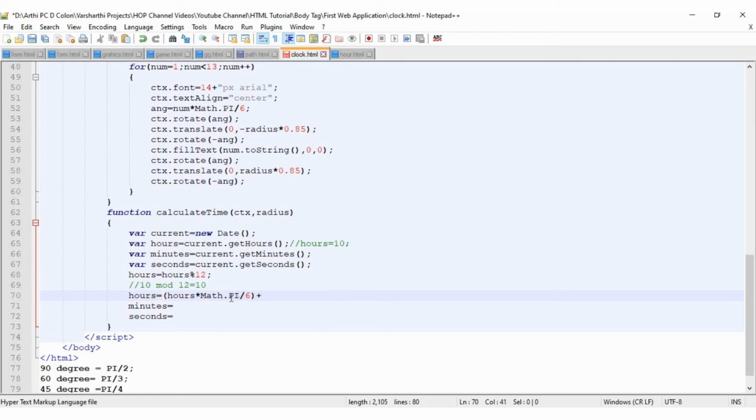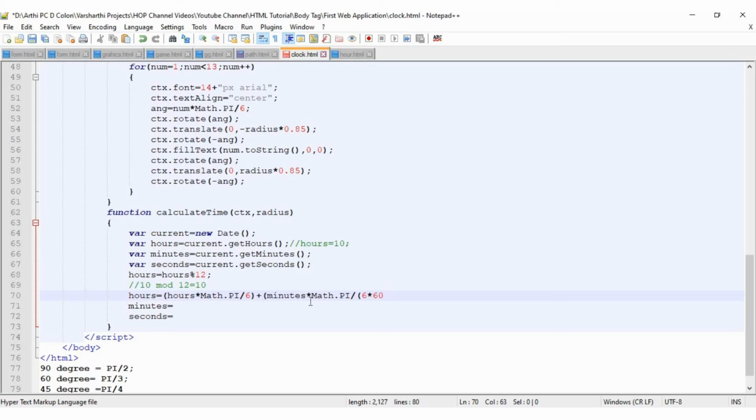After that we have to store the minute: the current value of minutes into pi value divided by 6 into 60. Why have I multiplied the 6 with 60 here? Because 1 minute is equal to 60 seconds, right?